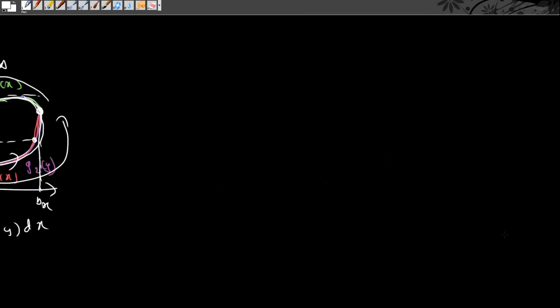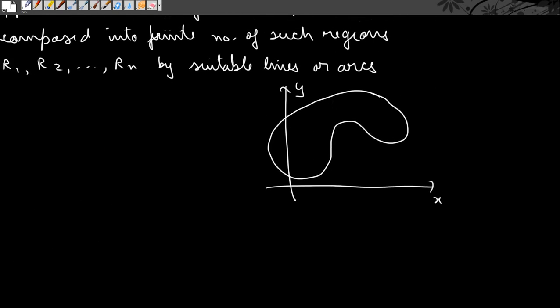So what we will do is divide this into parts, which I call R1, R2, R3. Then our region R is nothing but R1 plus R2 plus R3. And if we want to calculate the integral around this particular curve C, this